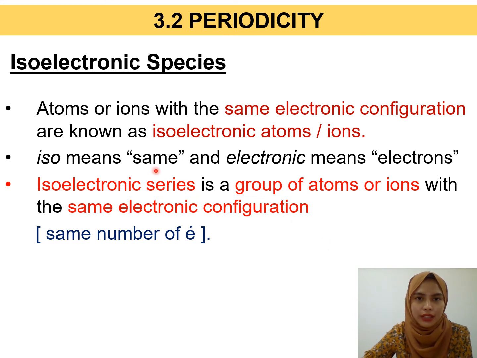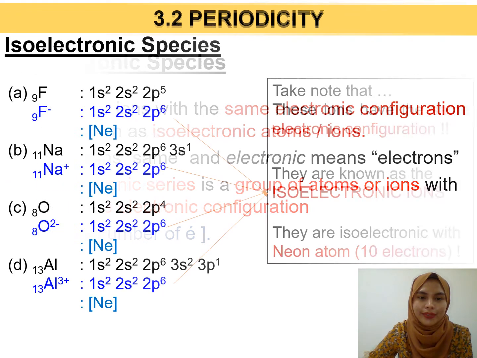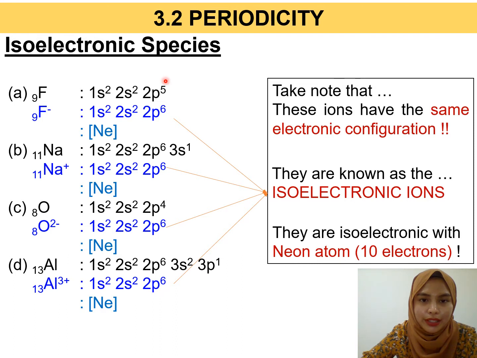Okay, so isoelectronic species ni ialah kalau let's say atoms atau sesebuah ions tu dia ada sama electronic configuration dia, they are known as isoelectronic atoms or ions. Okay, kalau isoelectronic series pula is a group of atoms or ions yang ada sama number of electrons. Okay. When we talk about isoelectronic species, we are talking about a group of atoms or ions yang mempunyai electronic configuration